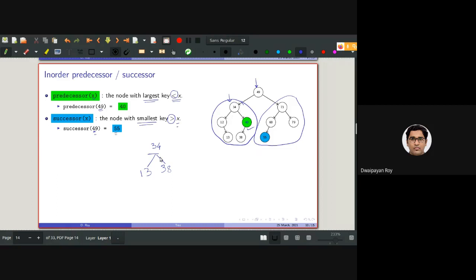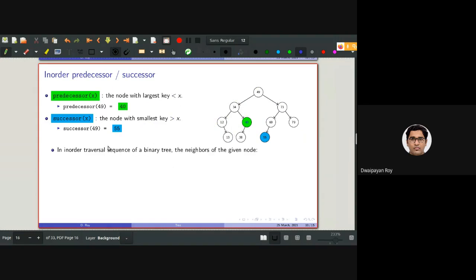Because 13 is the largest among the values stored in this subtree, and 38 is the smallest value stored in this subtree. These two concepts will be needed while deleting elements from the binary search tree.